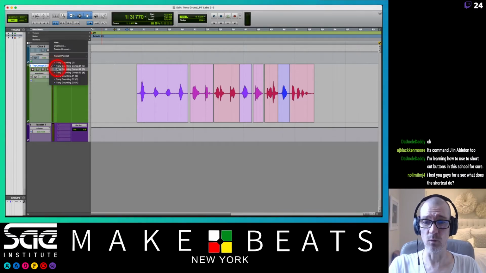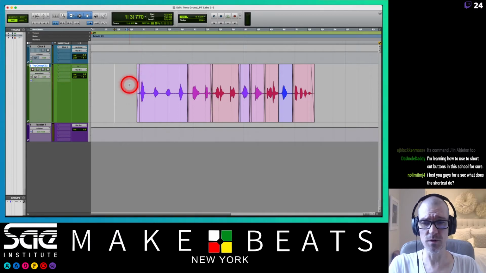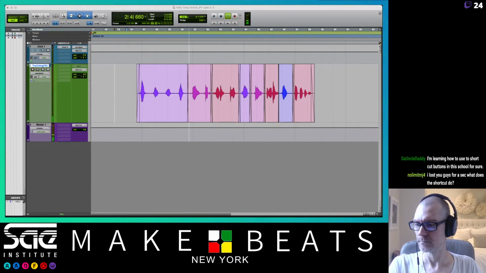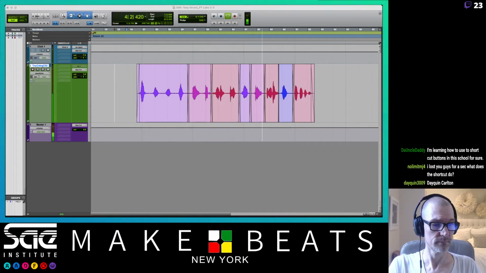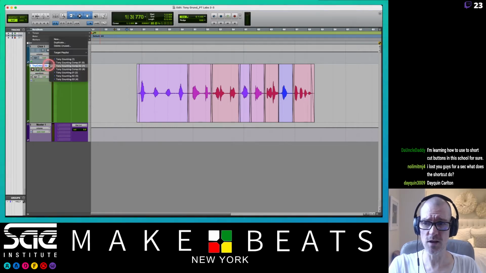So here's the second one where I actually do some crossfading and stuff. Let's listen to how smooth this is now. Okay, nice and smooth. And now what I'm going to do with this Option Shift 3 is I go ahead and just glue this together into one track,